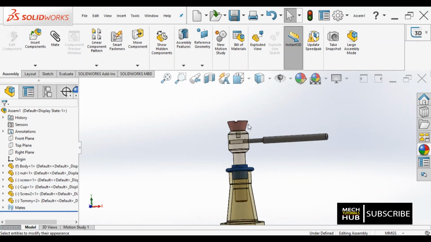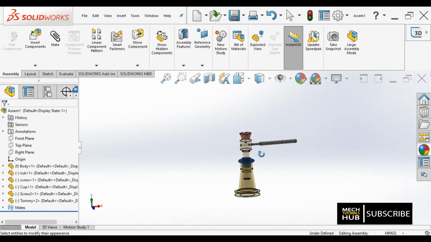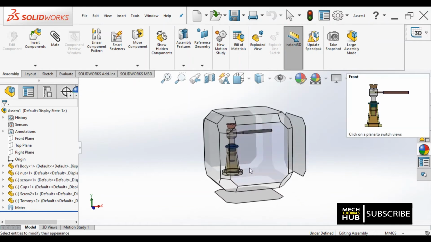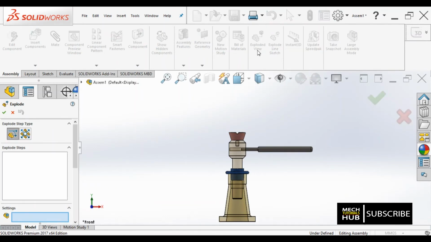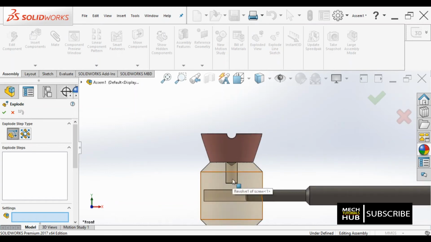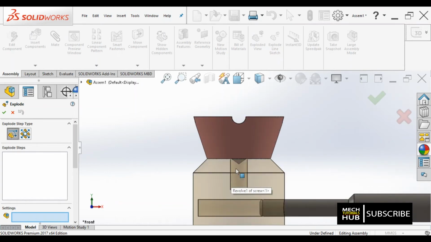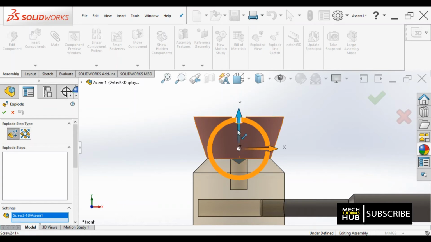Alright, now let me start with an exploded view of this particular screw jack. For that I'll just keep the component in front view for your better understanding, and let me select exploded view followed by regular step, clicking on OK. To remove this particular component I need to deal with the internal screw.